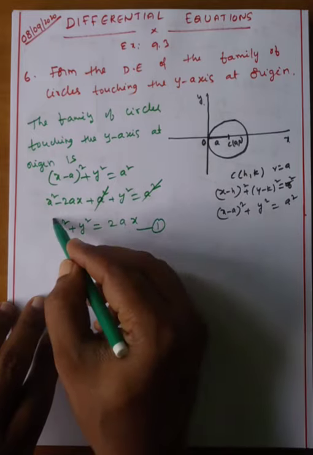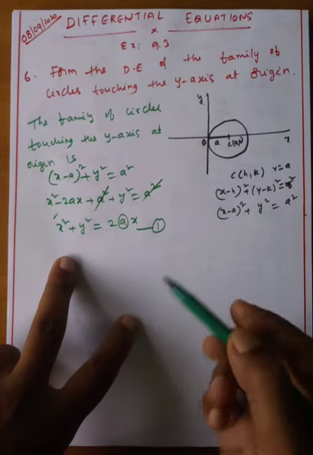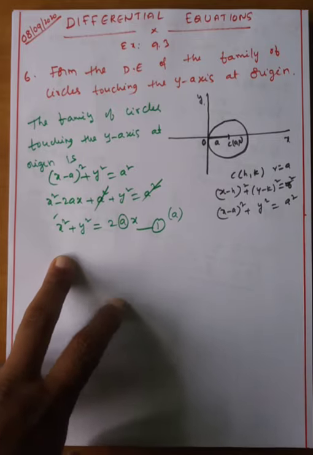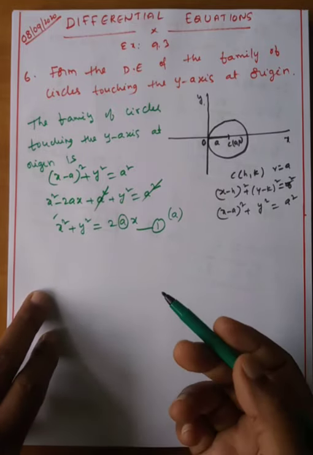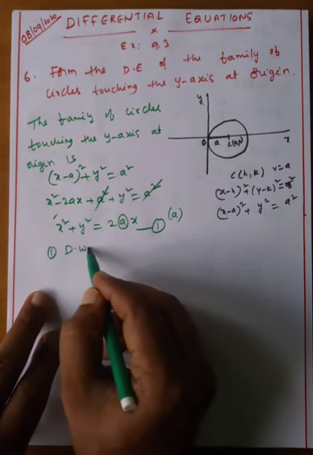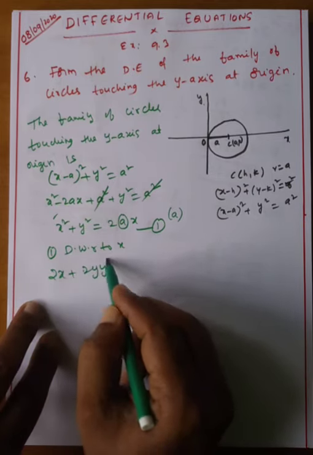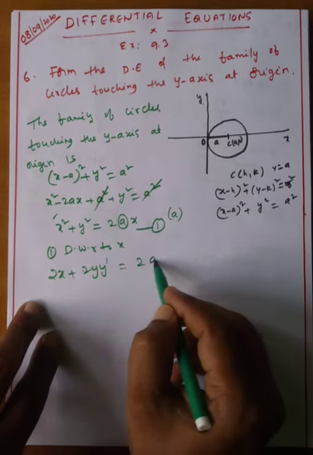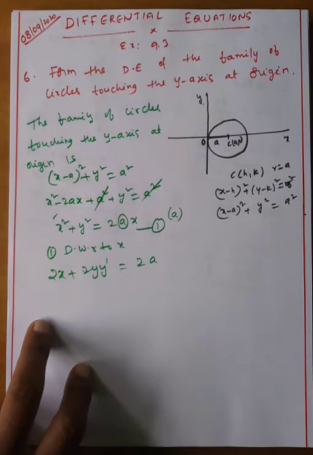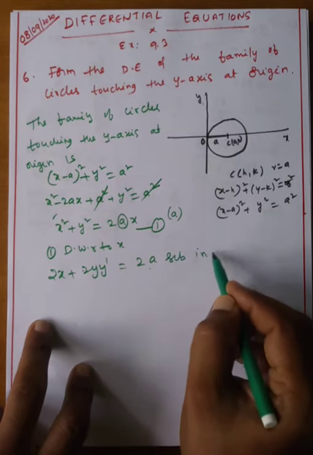In this one, observe that x is the independent variable, y is dependent. Other than that, this a is the parameter. Okay, how many times will we differentiate? Only one time. Our goal is to remove the arbitrary constant. Now differentiate with respect to x. x square derivative 2x, y square derivative 2y into y dash is equal to 2ax derivative, which is 2a. Okay, my dear students, from this we get the 2a value. Substitute this 2a value here and you will get the answer. Substitute this value in 1.